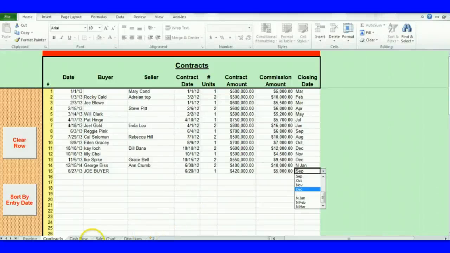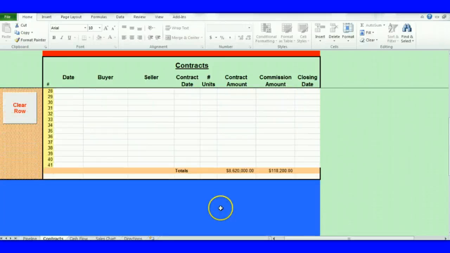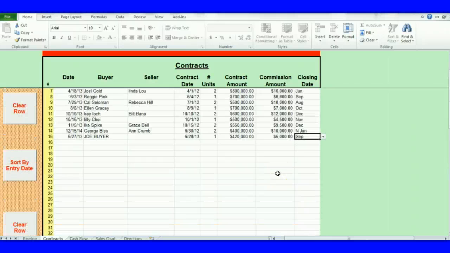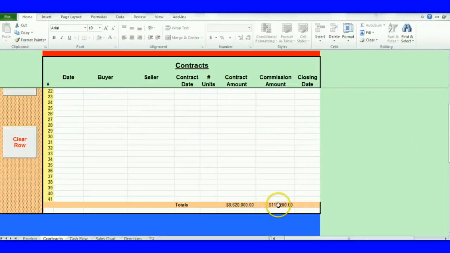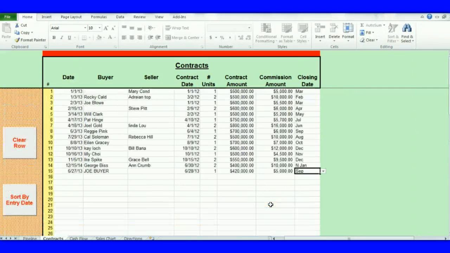Okay, let's go to the bottom of the page, and you're going to notice here, this is the contract amount, the total of your contract amounts. This is the actual commission amount, or I should say your projected commission amount, what you think you're going to make. All right, not to the penny, don't worry about it. But what this is doing, it's letting you know what's going on. It's letting you know how you're doing as far as business. How many things do you have in contract? Your pipeline is leading up to contracts, and that's what you want to do.